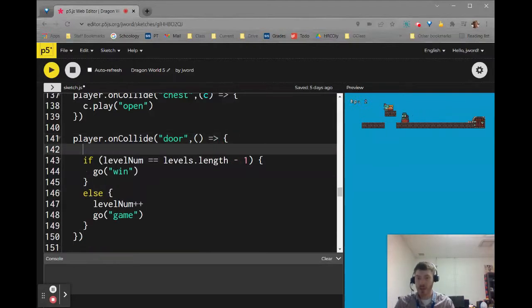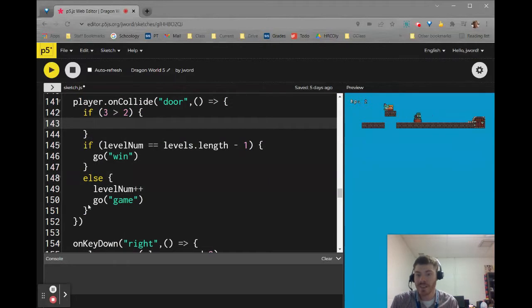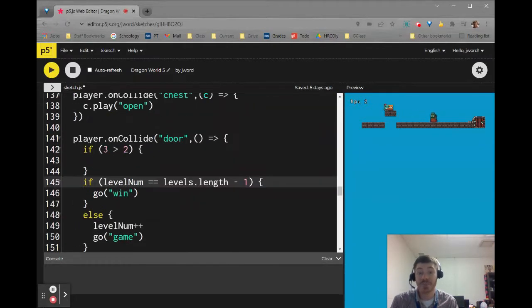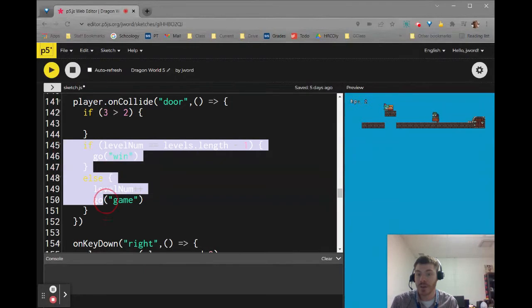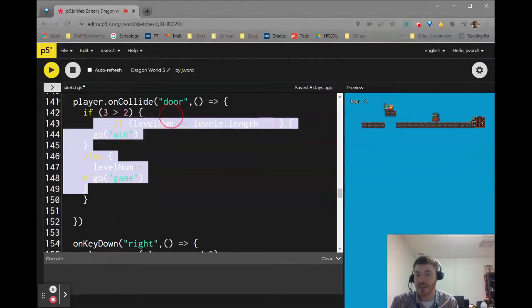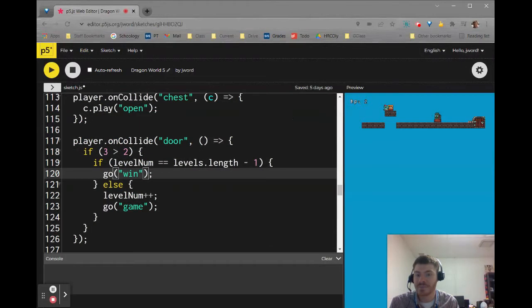So I'm going to make a new if statement up here. So say if 3 greater than 2, open up some curly braces. But it's all of this stuff here. That's what should be controlled, whether it should or should not happen. So I'm going to select from the if level num all the way to the closing curly brace on that else. Just drag that in here. Okay. And I think I'll just click edit, tidy code up to,